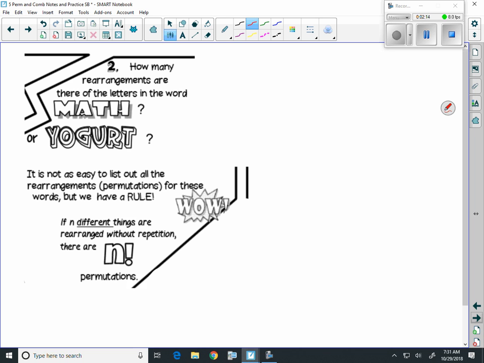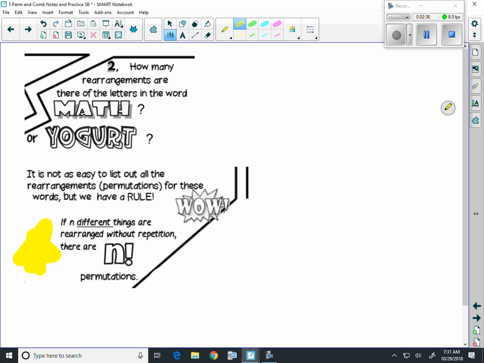And this is our rule. Right here, I would put a highlight, or a star, right beside that one. If there's n different things, so in the case of ZAP, there's 3 different things, so n would be 3, and they're rearranged without repetition,